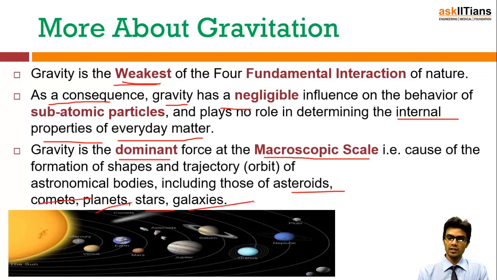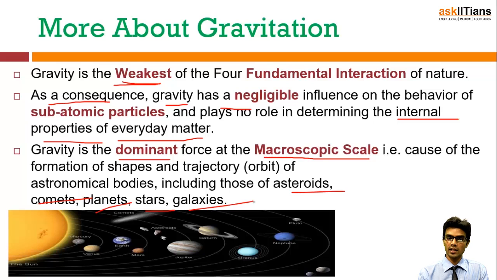So gravity plays a very important role in the case of macroscopic bodies like asteroids, comets, planets, stars, galaxies. But for smaller particles like subatomic particles, there is no or negligible influence of gravity,